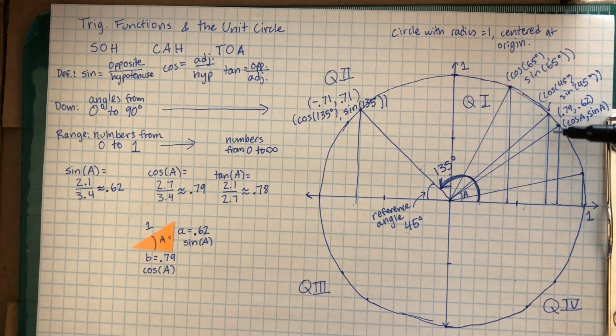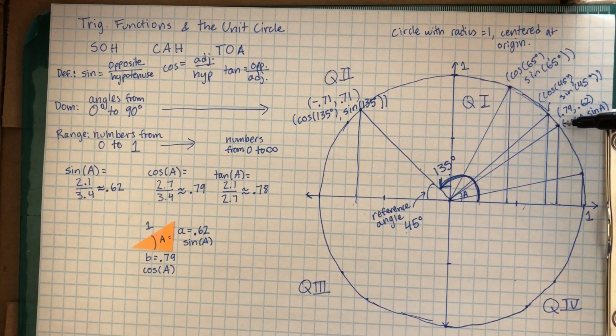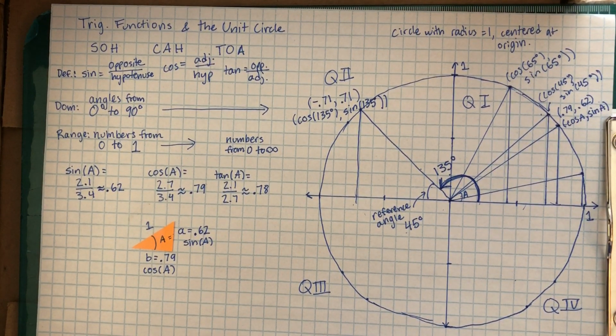When we did our 38-degree triangle, we figured out the sine and cosine from measuring the triangle, and that matched up perfectly with the coordinates of this point on the unit circle. But the great thing about this definition is that it doesn't require the angles to be between 0 and 90. Instead, they can really be any angle,